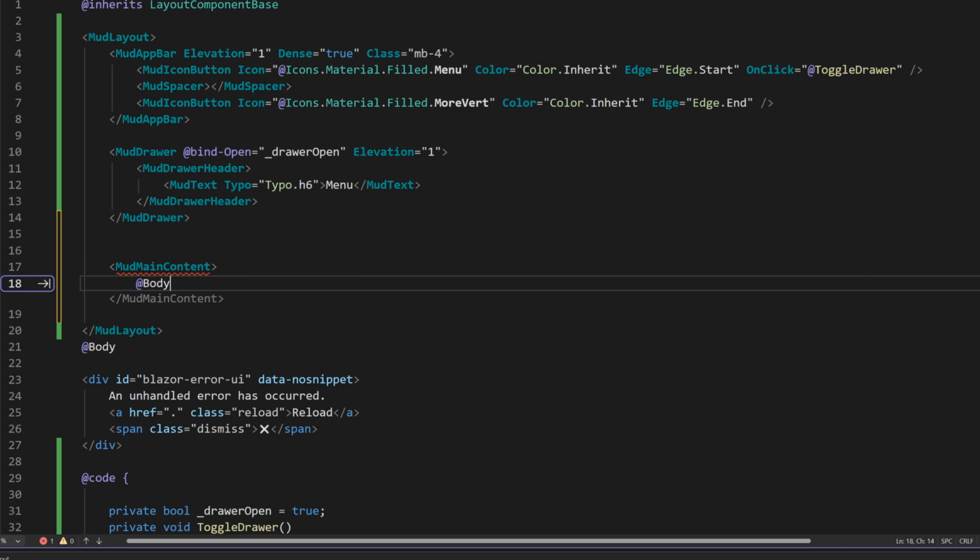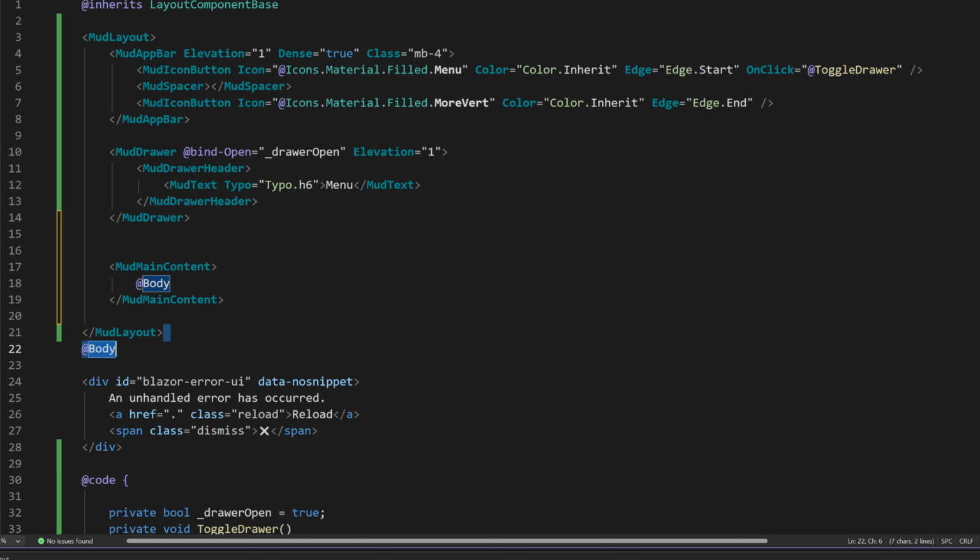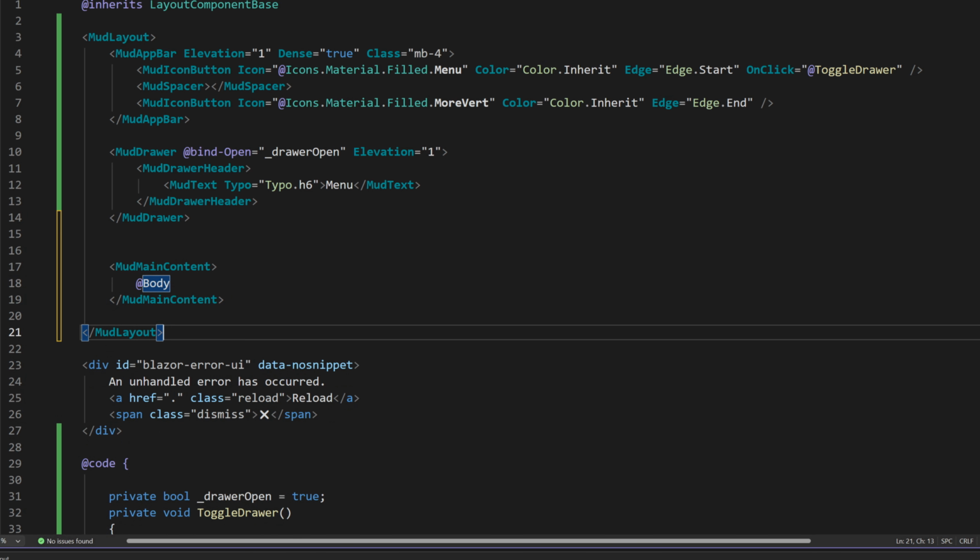Now, this is quite good in the sense that it's all ready to go. Mud main content is already tested by many people to work with all kinds of arrangements. The problem is, if you do stick to this arrangement, you will very likely need to use it throughout the whole platform, the whole application, because if you don't,